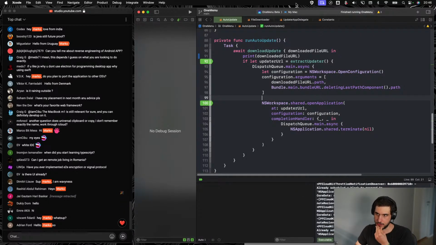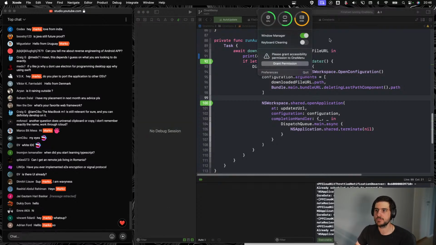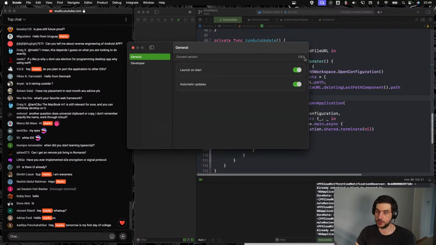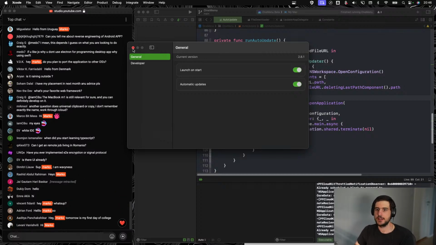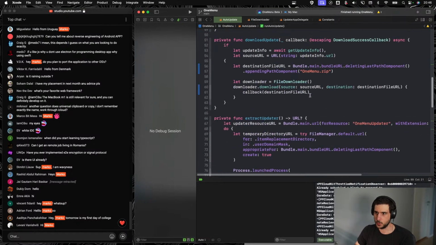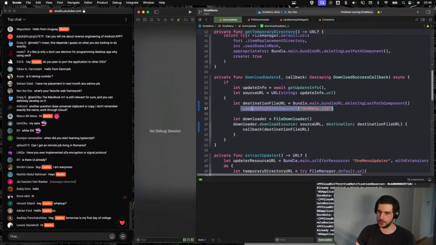Yeah, so it closed, and now we have the new version. It was extracted and now it's working. So here, this version, if I go into preferences, is 2.8.1, which is the latest and which is the one that we expect. Oh my god, so this was the fix for the reoccurring